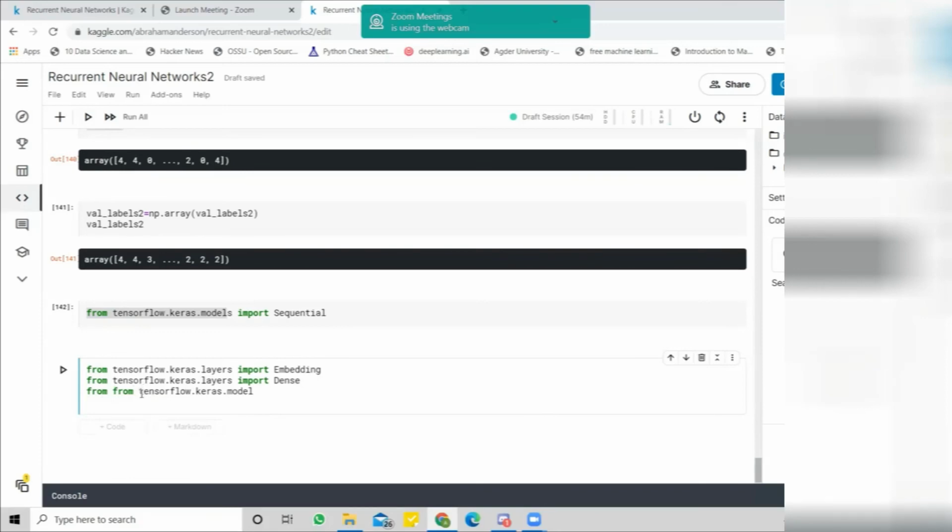Why am I copying the same thing again: from layers, import LSTM. This is the main part. As I told you, it's very important for training recurrent neural networks.